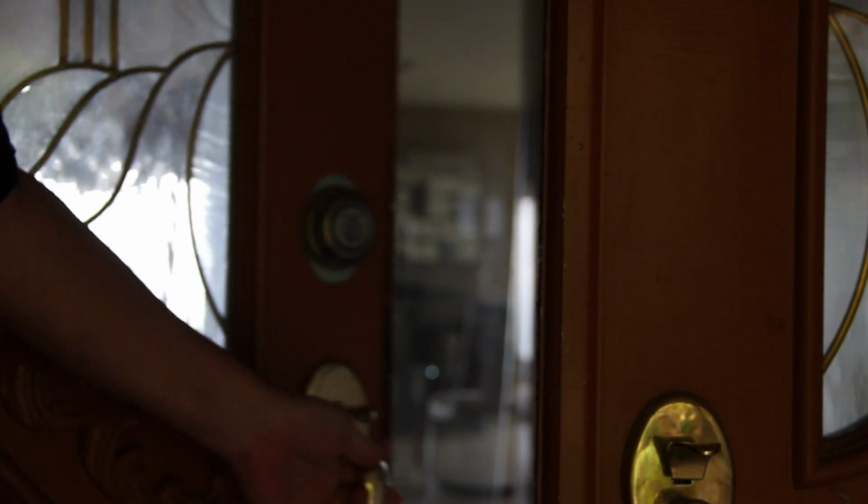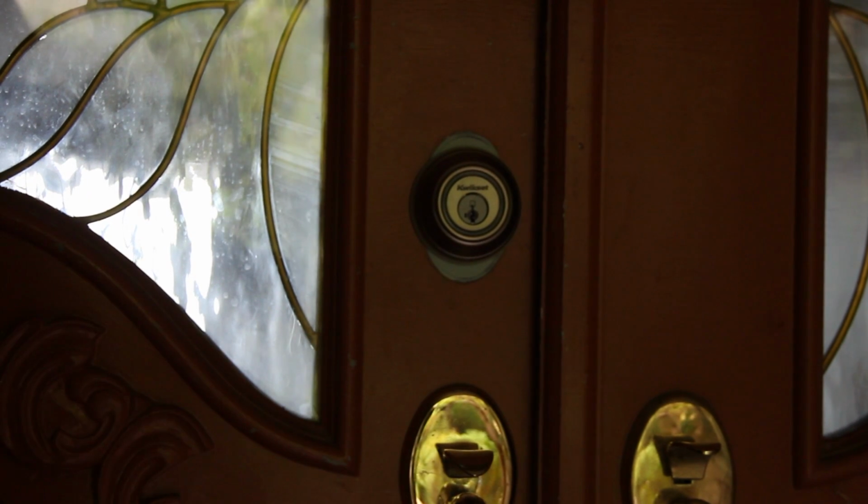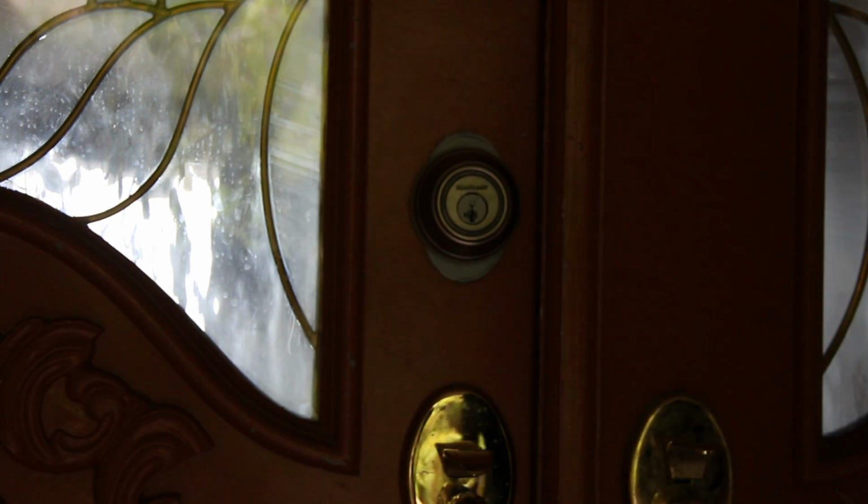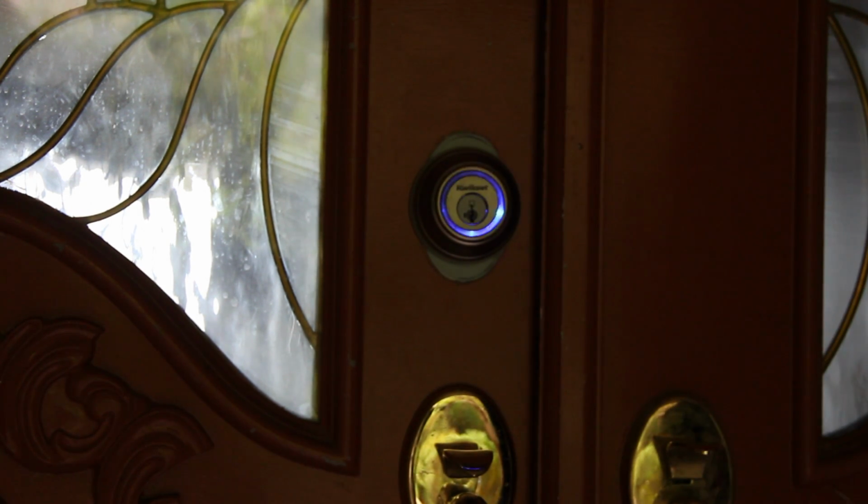Okay, the convenience of the Kevo is simply this. Walk outside, close the door, touch the lock once. Bingo, we're secured. Same thing in reverse. I'm coming home. Who knows, maybe I'm carrying packages. All I have to manage to do is touch the lock. The Kwikset Kevo unlocks,